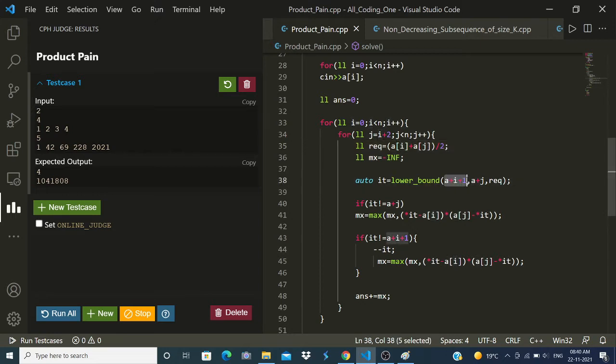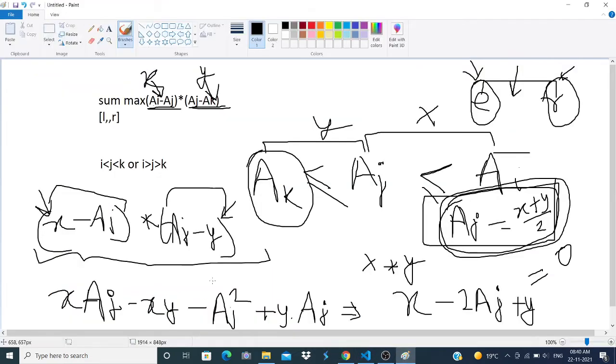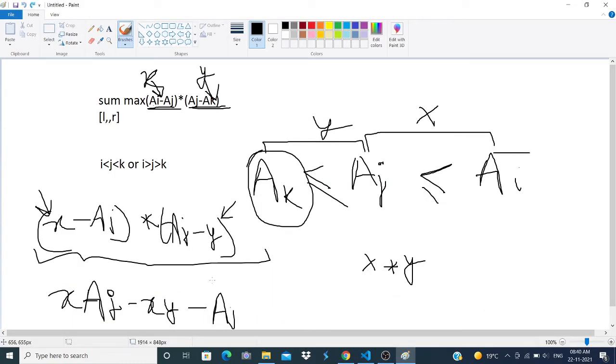moving from I plus 1 to j minus 1, as I said, once you fixed your I and j, the bounds of the subarray, you need to search in this range, from I plus 1 to j minus 1, the optimal value of aj, and that should be close to (x plus y) by 2, right?